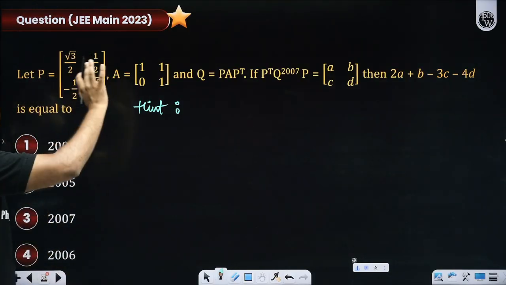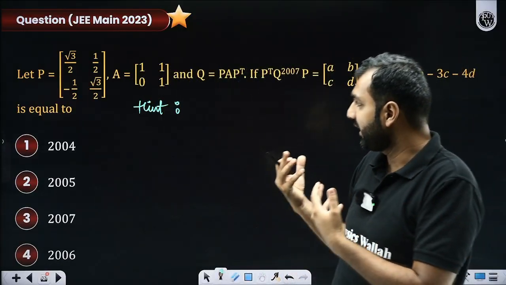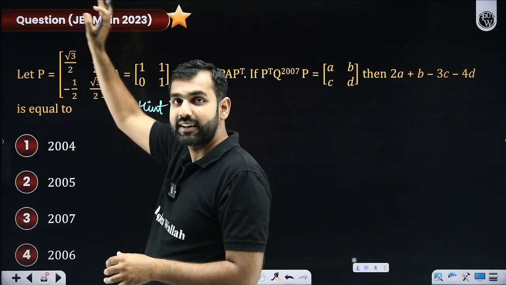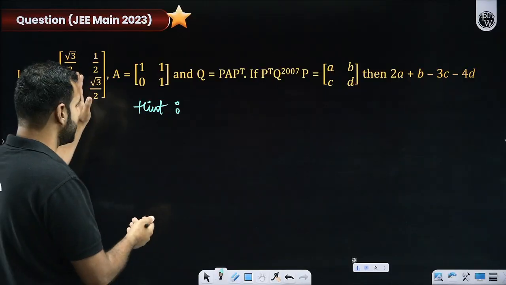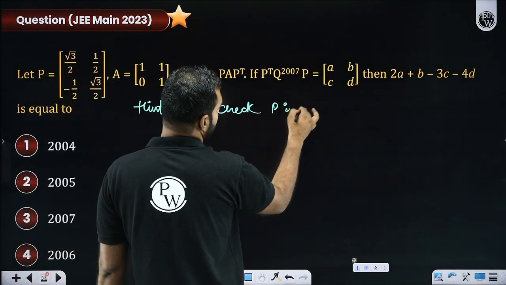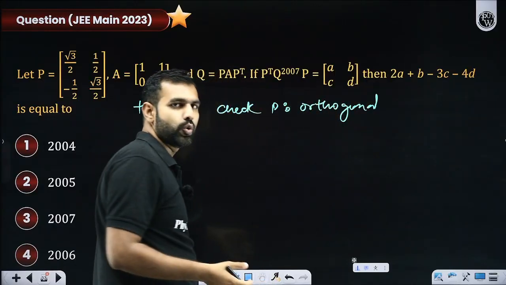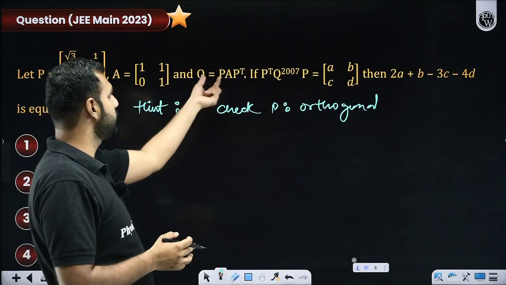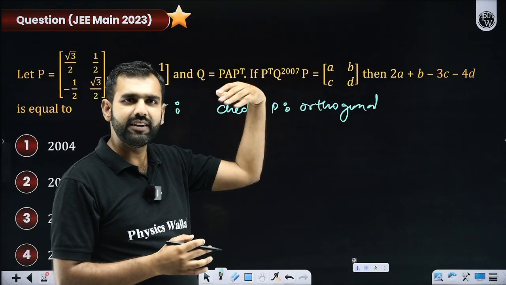This P is going to be that orthogonal matrix again. If you don't believe me, check it out by yourself. This is actually that P transpose there. So this P transpose into P will again be identity. So I think your job will be done once you check whether P is orthogonal or not. And trust me, they'll give it to you in that manner only, so that your question becomes absolutely easy here. Because what is Q? This is P A P transpose. So again, P P transpose, P transpose P, that will all become identity.